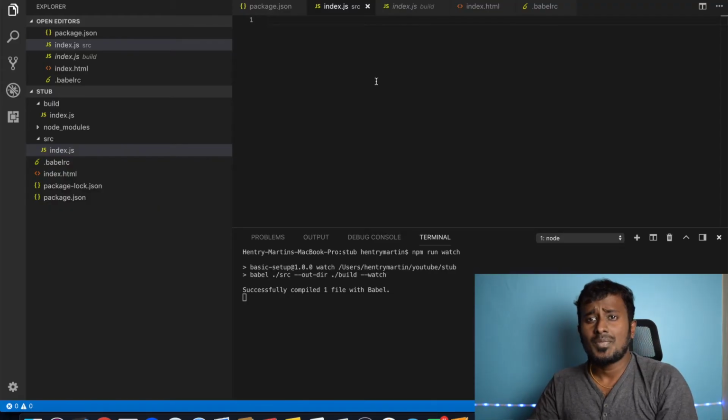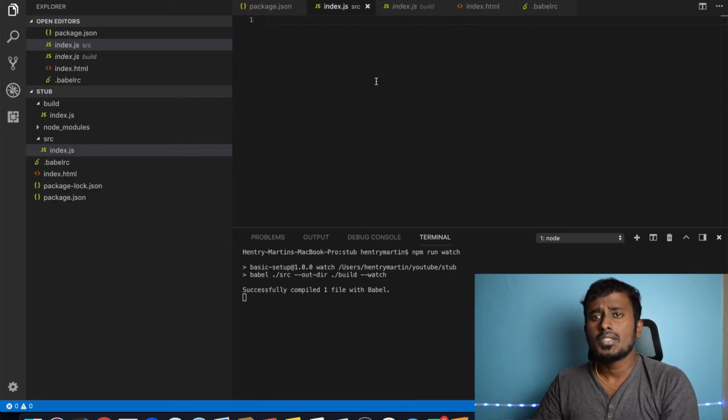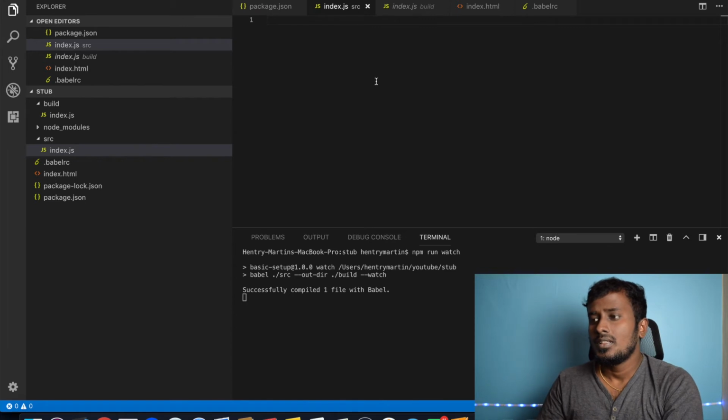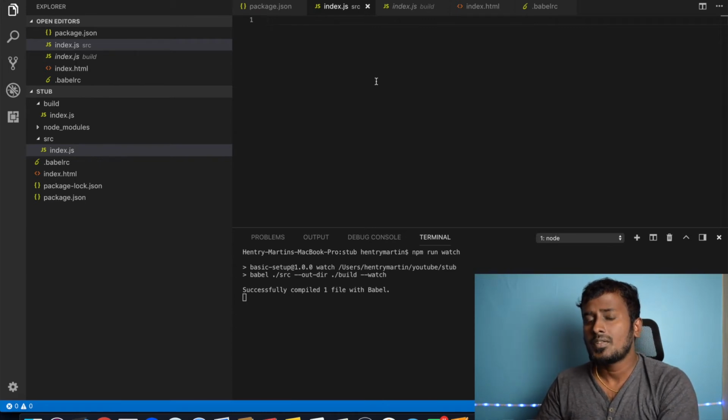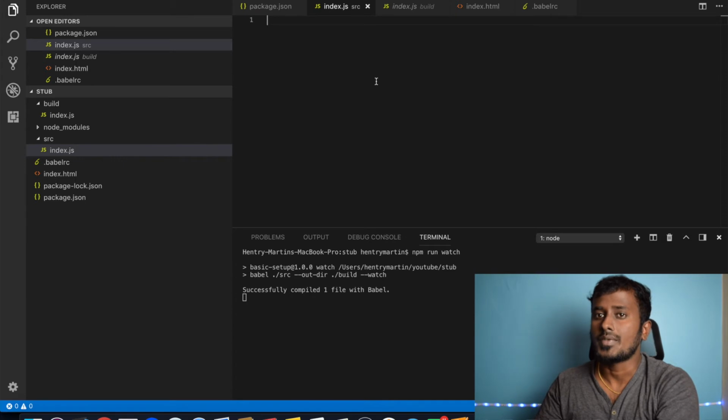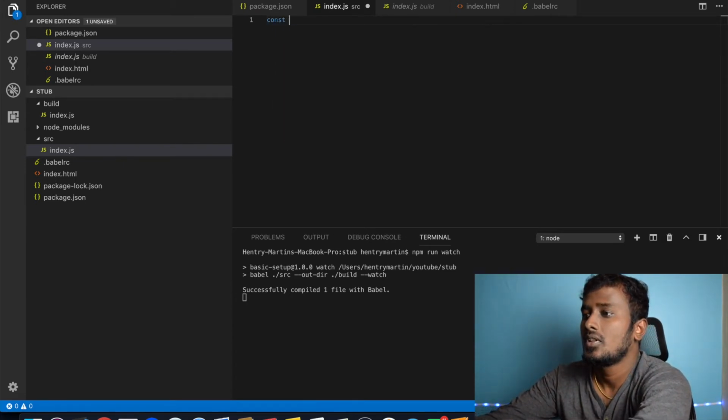So welcome to the second part of the video guys. Now we are going to do the hands-on. Let's do the first way. The first way to create an object was using object initializers. Object initializers are nothing but object name is equal to an object. So we are going to create a car object now. const car is equal to